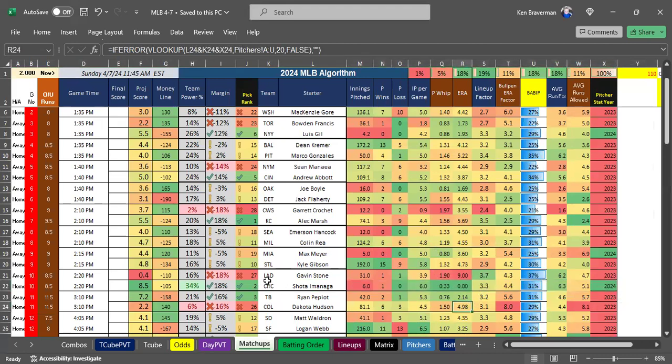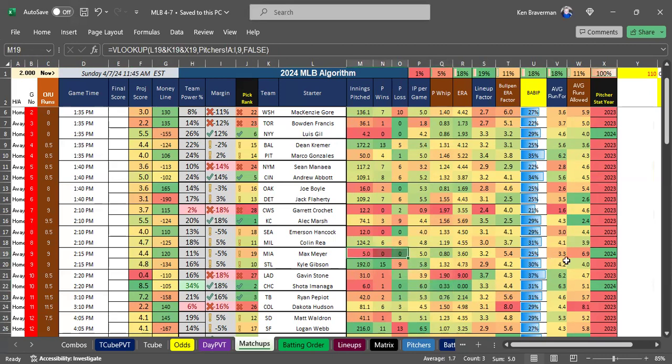There's a lot of weirdness, especially in this Dodgers-Cubs game, because you've got Gavin Stone with an ERA of 9 last year, and Shota Imanaga, who pitched really well in his start for the Cubs. So a whole lot of not very in-depth pitching information here, creating a really weird, distorted game where the Cubs win. I don't know what to say about whether that's reliable, so that's just something to look at.